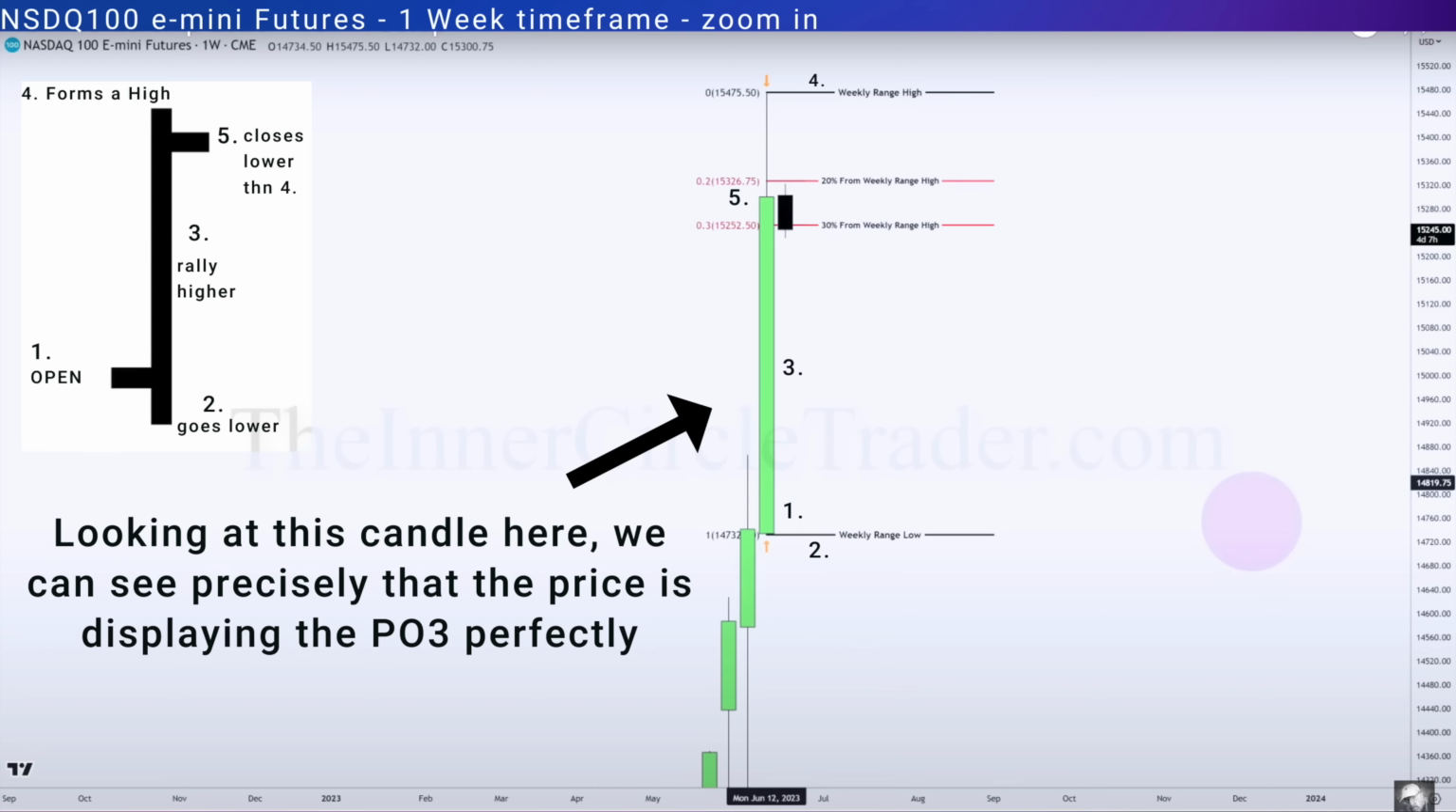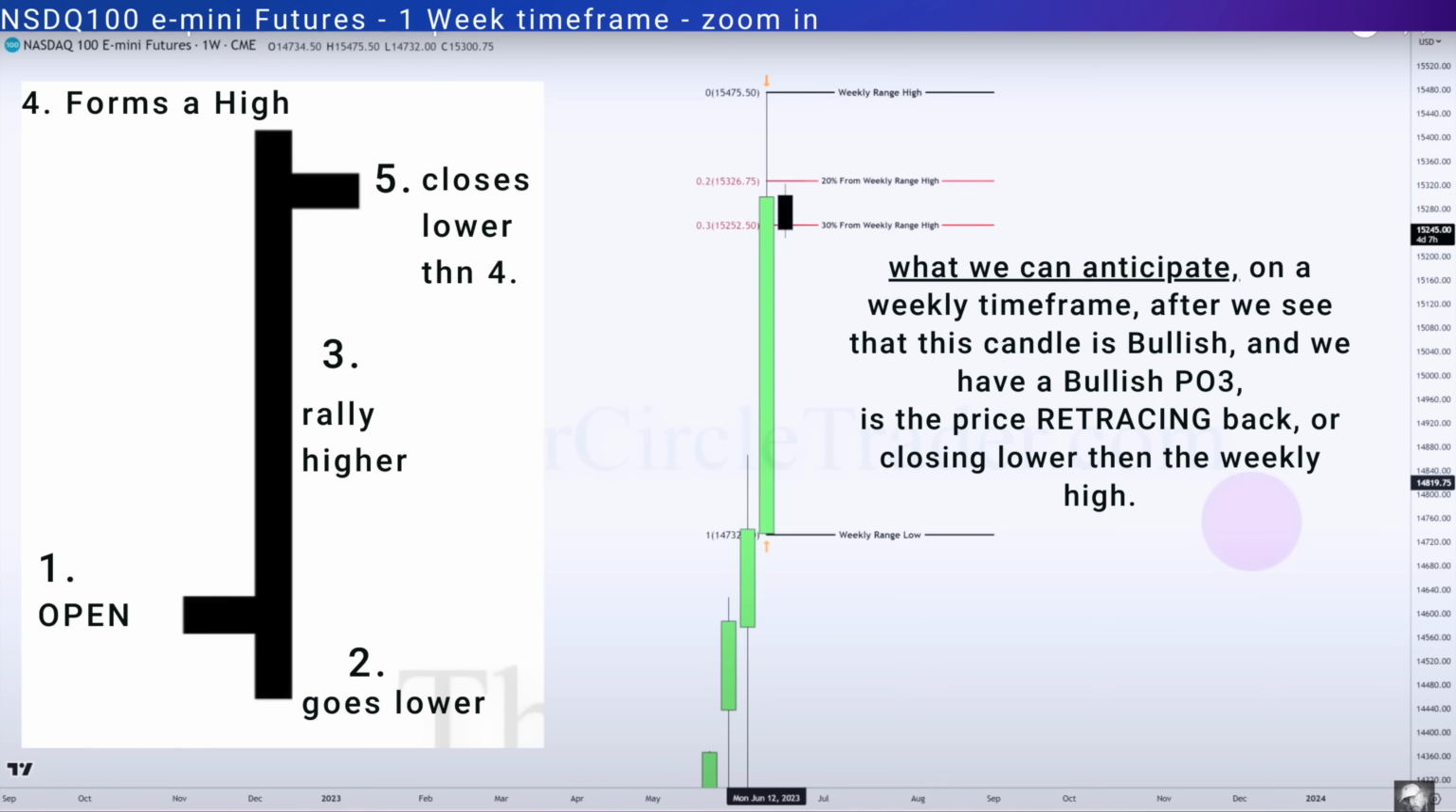And number 5, the price closes lower than the highest point of that week. And so the price, instead of closing on the price level point number 4, comes lower and closes on point number 5. What we can anticipate on a weekly time frame after we see that this candle is bullish and we have a bullish power of 3 is that the price will be retracing back or closing lower than the weekly high. So our weekly high is number 4,